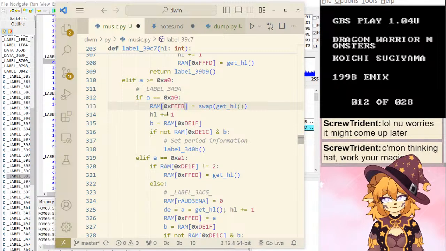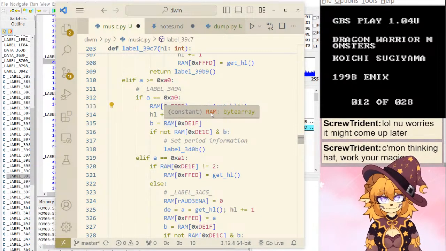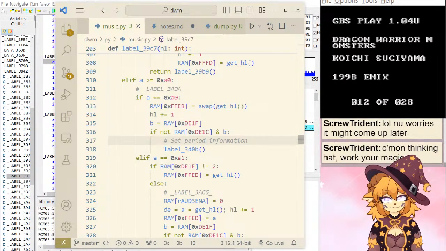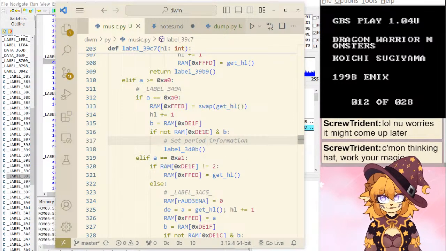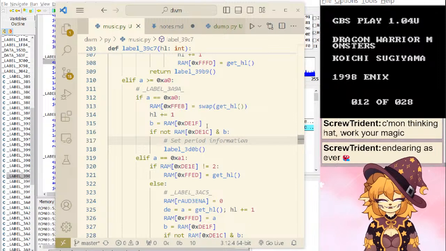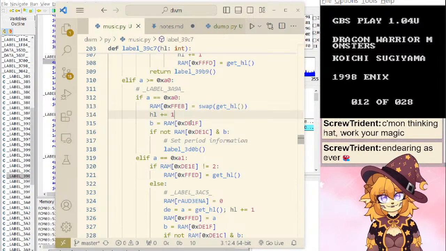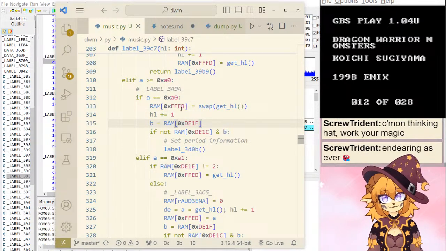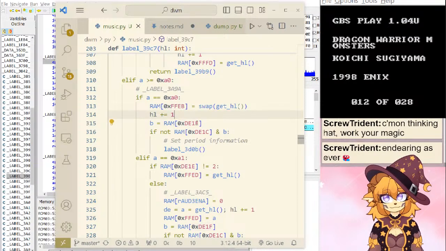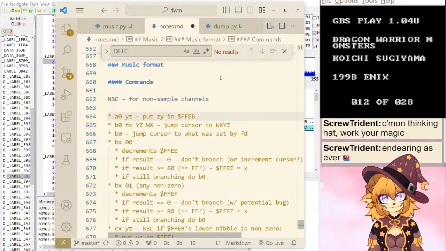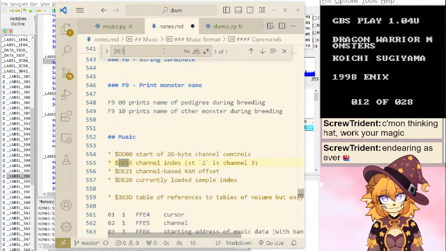Though that is a bit odd if FFEB is volume related. E1F. Yeah, we don't know these values yet. Do we know DE1C? No. Oops.